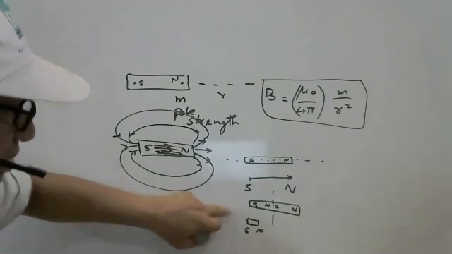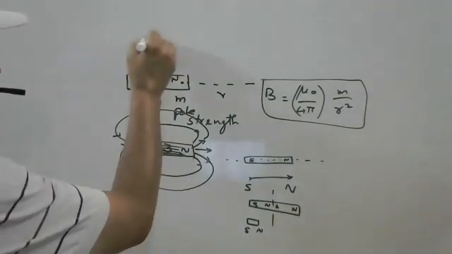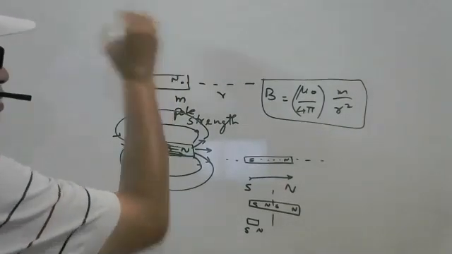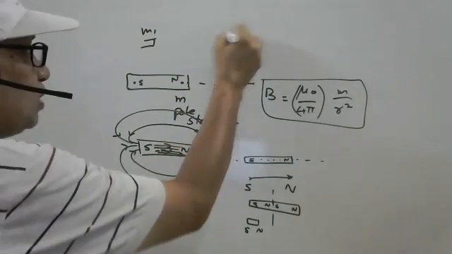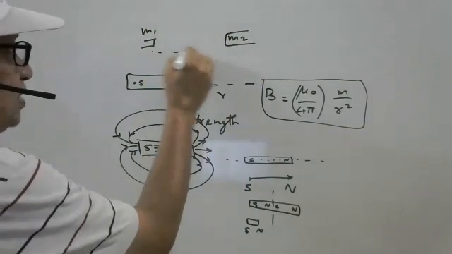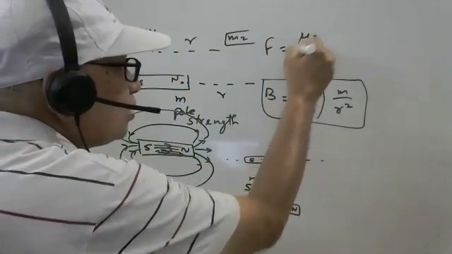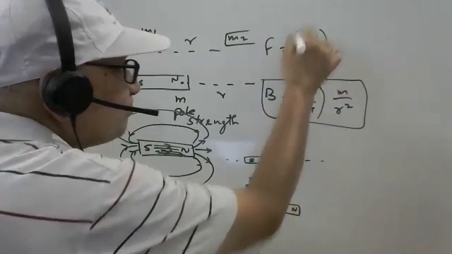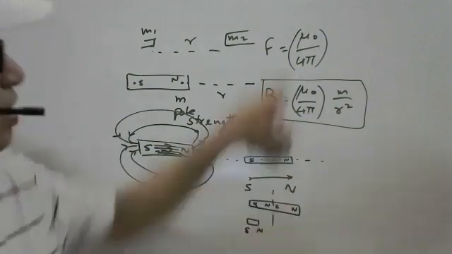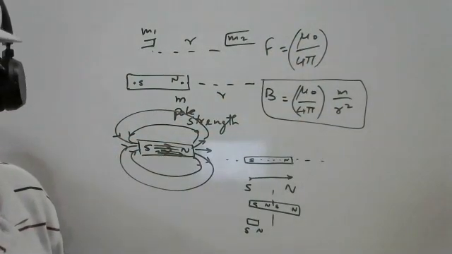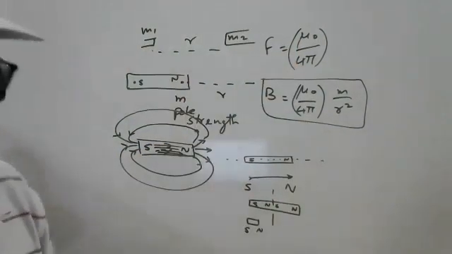Let us discuss this one, but before this, let us discuss this. Suppose this is a magnetic pole having pole strength M1, and this is a magnetic pole M2 at a distance of R, then the force between them exists here. This is the constant mu naught upon 4 pi. The numerical value of this, we know from the previous chapter, mu naught upon 4 pi is 10 to the power minus 7, or mu naught is 4 pi times 10 to the power minus 7, so the 4 pi cancels out.